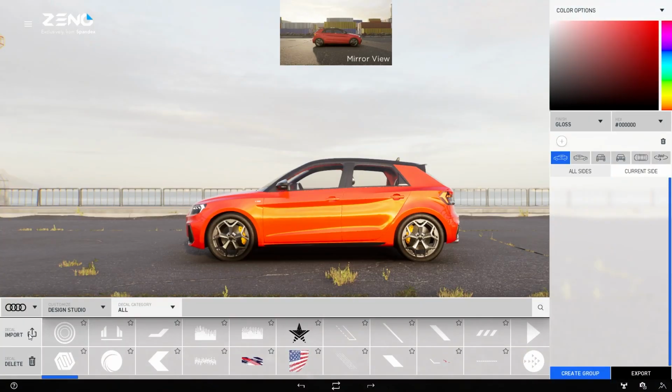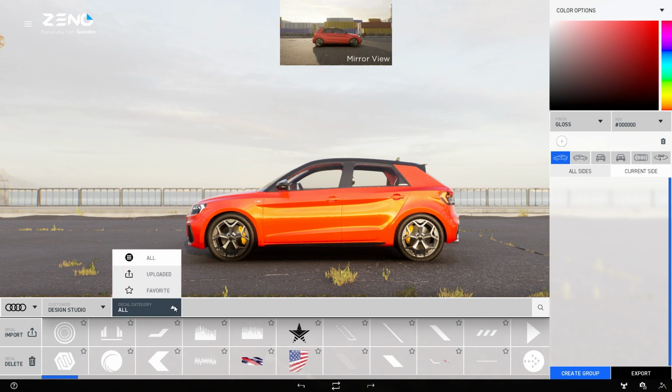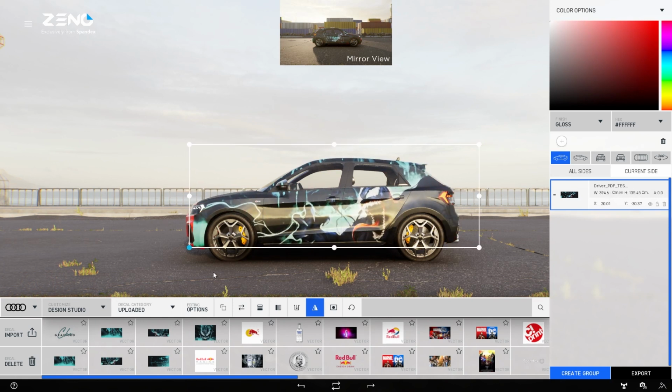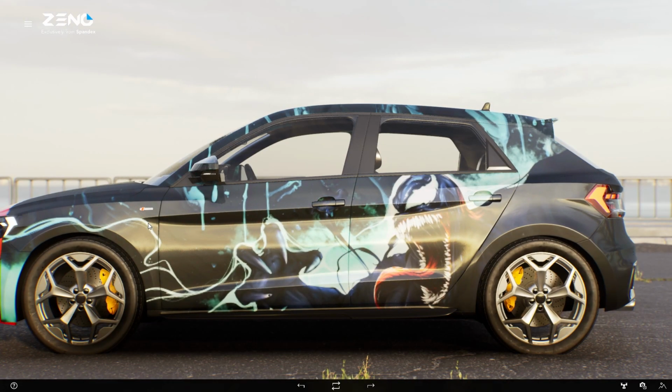Now you click on Import. And import your design. In this example, they are PDF files. And here you can see in Uploaded we have already added some for this job. So here we select a corner and drag the graphic to scale. Arrange how you want to see the design on the sides.